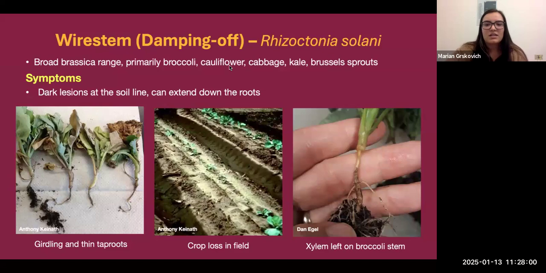Some other symptoms that you might see: if you pull the plant out, some of the lateral roots, the entire soft tissue will just slough off, and what's left is just the tough xylem. You can also get wilting in the leaves, and then there might be a bluish tint to younger leaves. If this does occur in seedlings, it usually ends up killing off the young plants or seedlings.